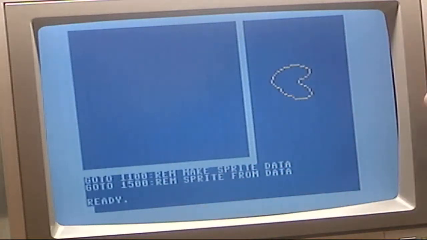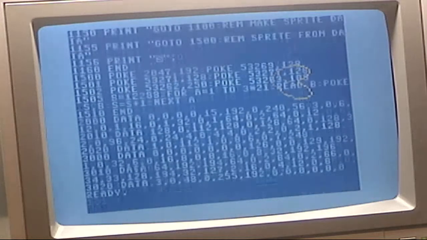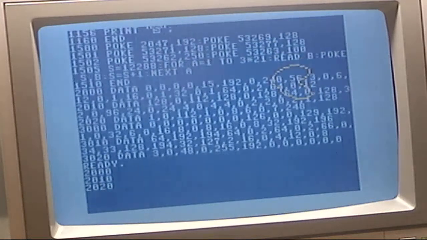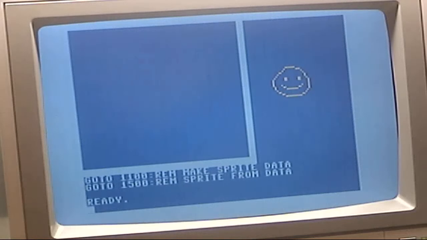That's a sprite I created inside the program before. So if I delete that, lines 2000, 2010, 2020, and run this again and say sprite from data, there's our happy face. Simple,